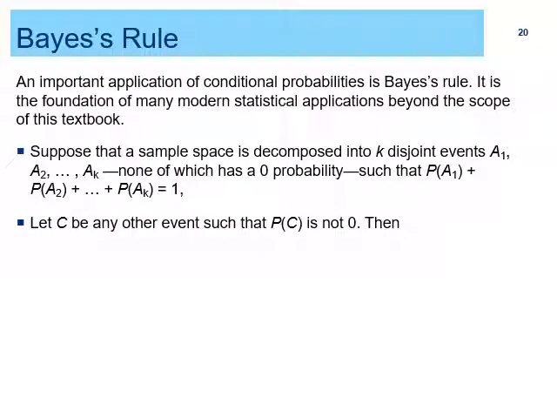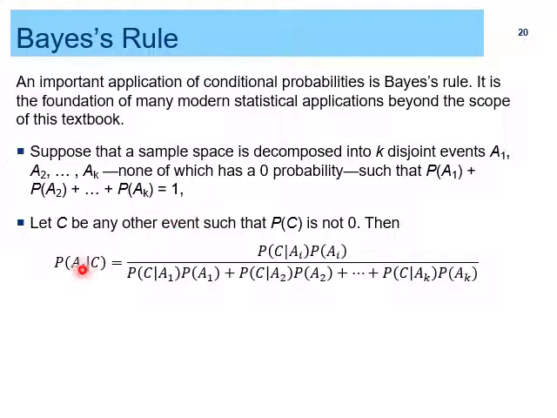So Bayes rule, an important application of conditional probability, is Bayes rule. Earlier we have seen that Bayes rule. It is the foundation of many modern statistical applications beyond the scope of the textbook. Suppose that a sample space is decomposed into k disjoint events, that is A1 to AK, none of which has zero probability, such that P(A1) plus ... plus P(AK) is equal to 1. So let C be any other event such that P(C) is not 0, then